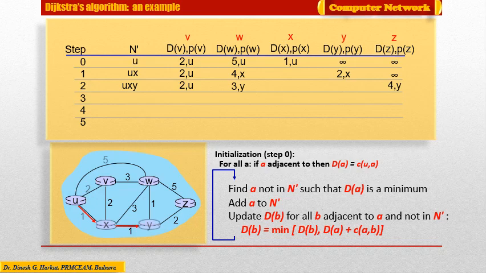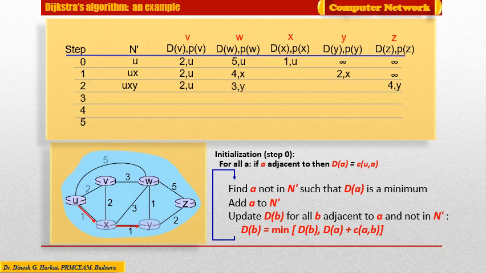From Y to W, the cost which was earlier initialized with 5 now comes out to be 4. But in this case, from X, for Y to W, it comes out to be 1 plus 1 plus 1, that is 3, and on this least cost path the immediate previous node to node W is Y, hence it is 3Y.